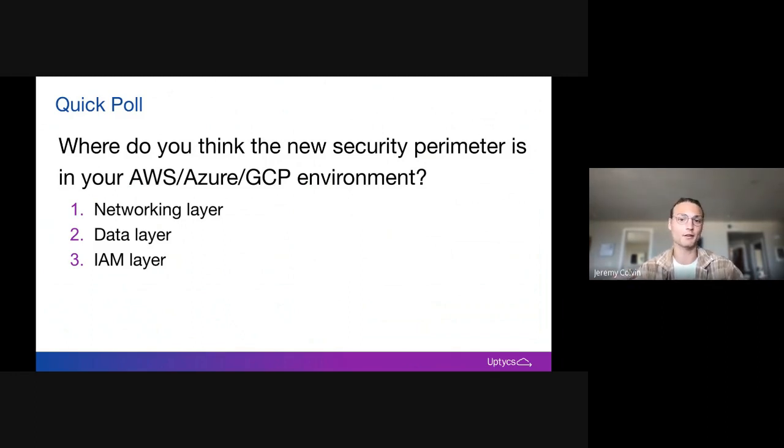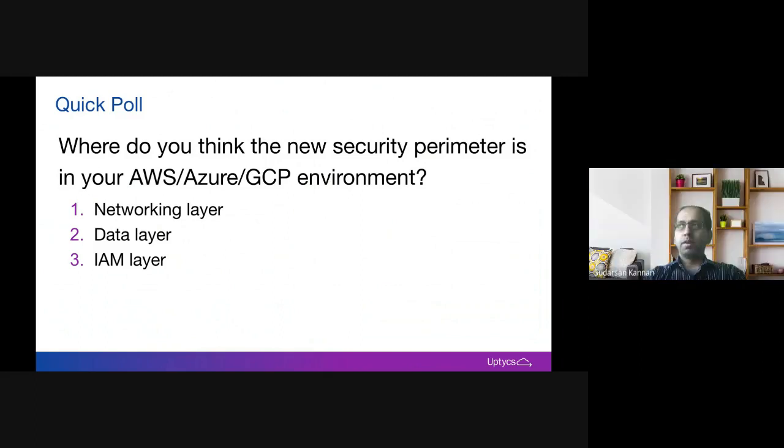When people think about their cloud environments, I feel like they often think about the network layer or the data layer first. But really, so many attacks come from the human layer. And that human layer, in a technological sense, is really the identity layer. So this effective access we're going to talk about with your resources is really the new age of your cloud perimeter. So Sudarshan, any thoughts here as we get into the background piece?